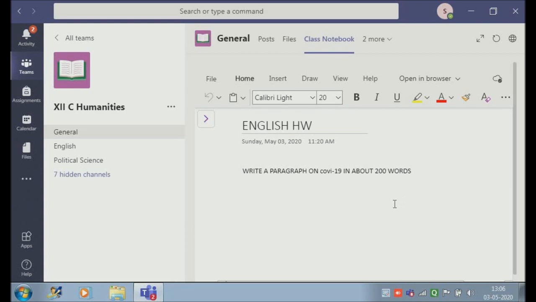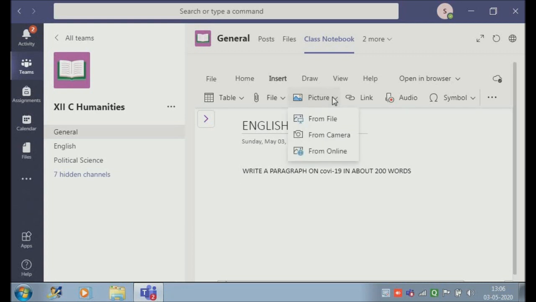So child can write a paragraph here itself on the same page, or can use insert option, and then he or she can insert the file, or from the notebook the child can click the picture and insert picture, or use the picture option, and then can paste it. And these are the various options which a child can use from their end.